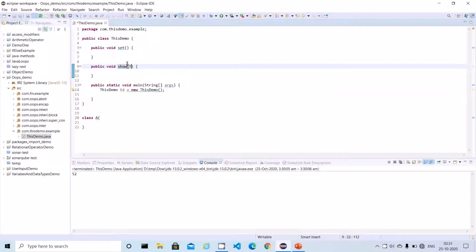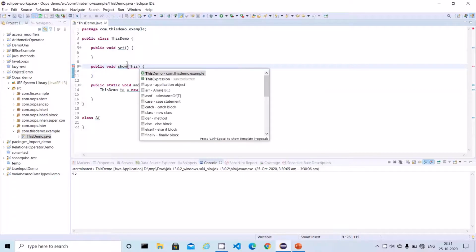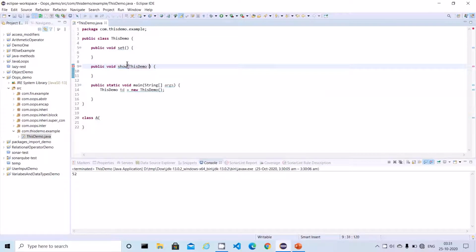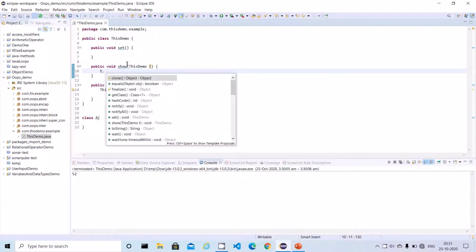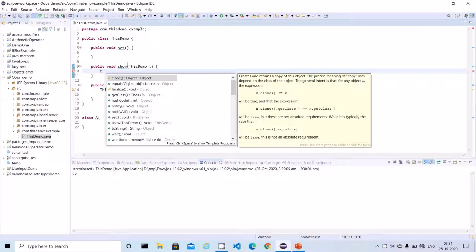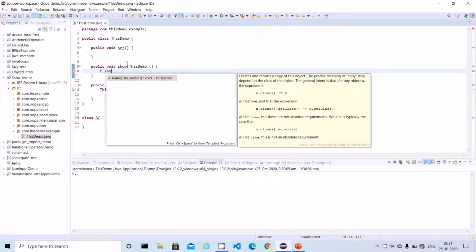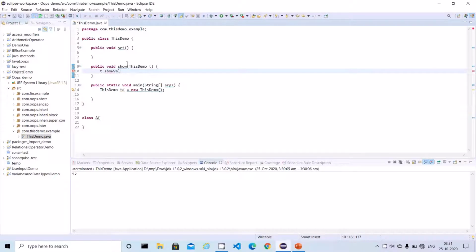So how can I pass this one, right? This is what it is expecting, t dot show value, right? So this is another method.